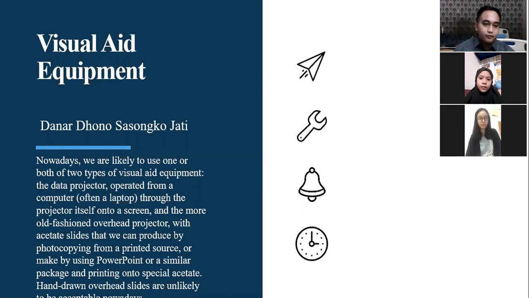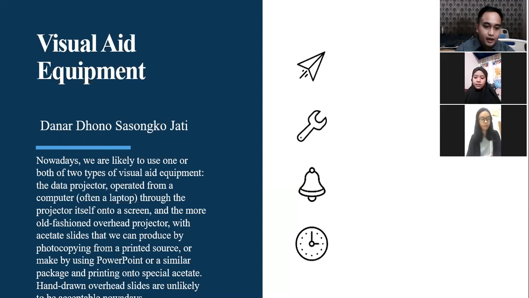There are a data projector operated from a computer, often a laptop, through the projector itself onto a screen, and the more old-fashioned overhead projector with acetate slides that we can produce by photocopying from a printed source or make by using PowerPoint or a similar package and printing onto special acetate.